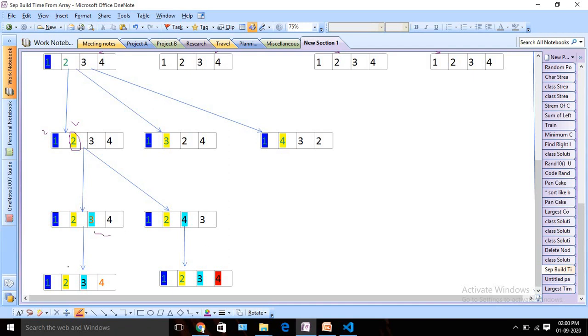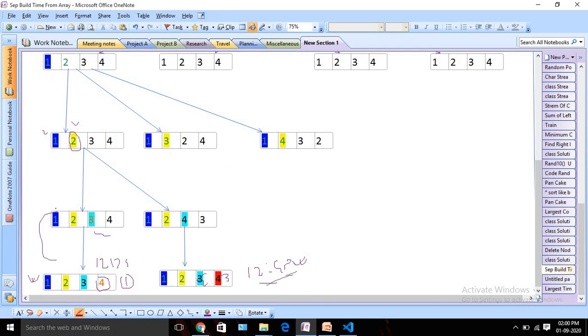At the end I am going to fix the last number also. Now when all my numbers are fixed, this is one possible combination, and then I will see what my time can be. When all 4 digits are fixed, I can form the time, which will be 12:34. Similarly, with 4 and 3 it will be 12:43. Out of these, one is larger, so I am going to update my max variable using this value.